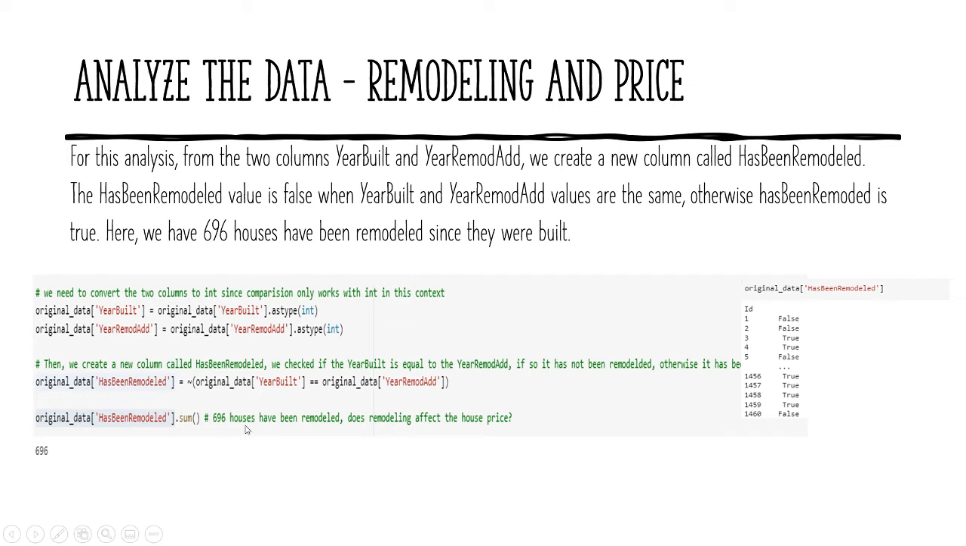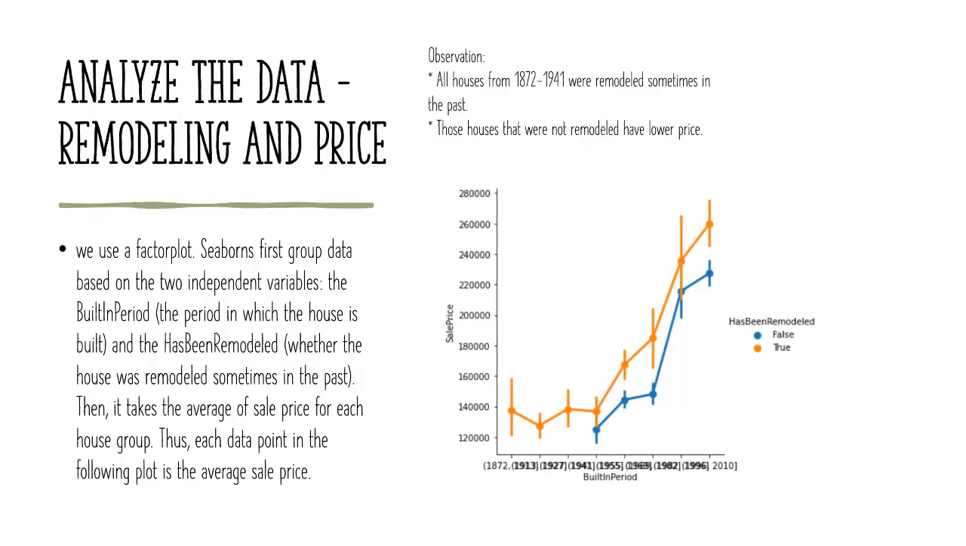And in this dataset, we have 696 out of 1040 houses that have been remodeled. So does remodeling affect the house price? So we have used the factor plot from Seaborn